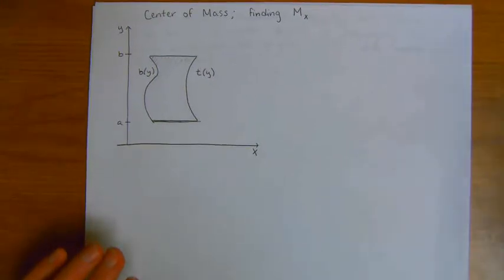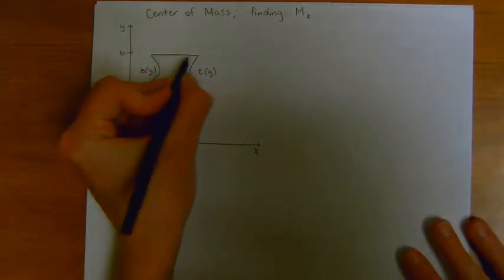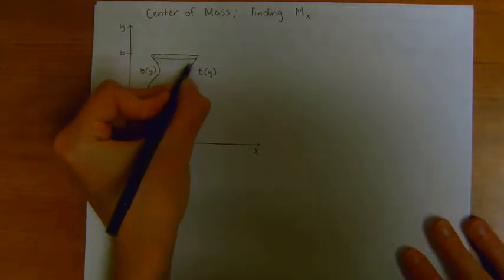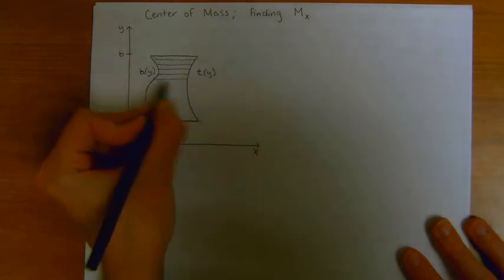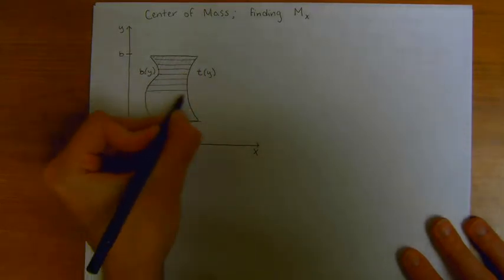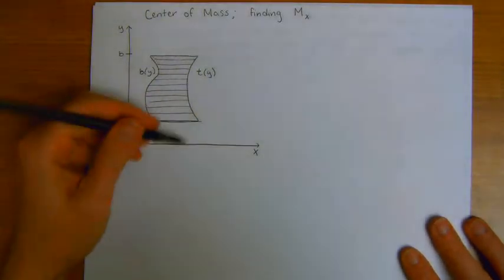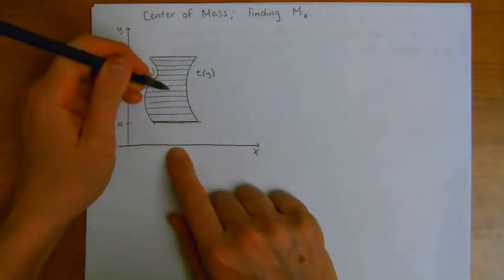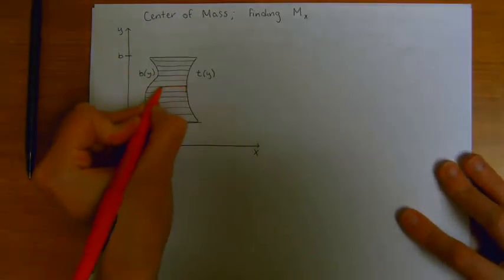In this case, though, instead of breaking up our strips vertically, we're going to break them up horizontally. And it makes sense because each strip is going to have a moment dependent upon how far away it is from the x-axis. So if we pick out one strip in particular,